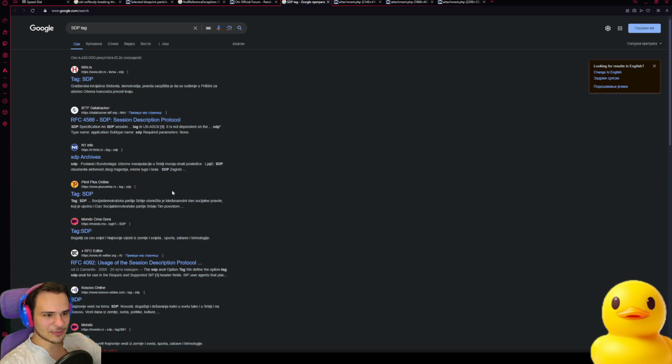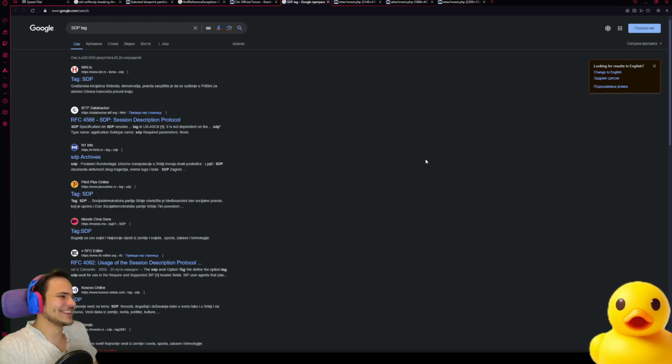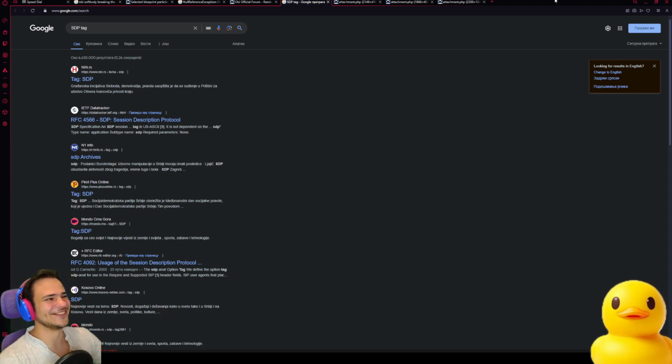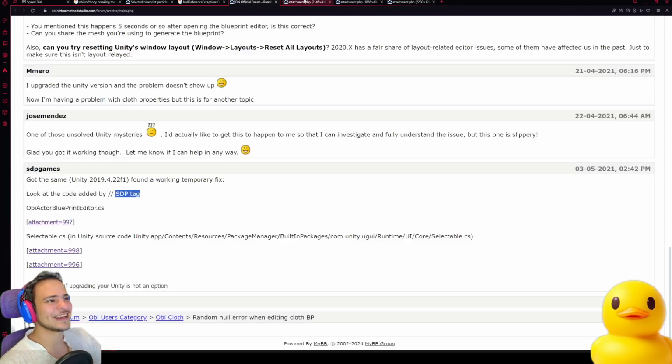Social Democrat Party of Serbia. Well, that's relevant for us at least. Yeah, Google does region connected search. So SDP tag on the ABI official forum, apparently null checks refer to Social Democrat Party of Serbia. Yeah. Okay, maybe